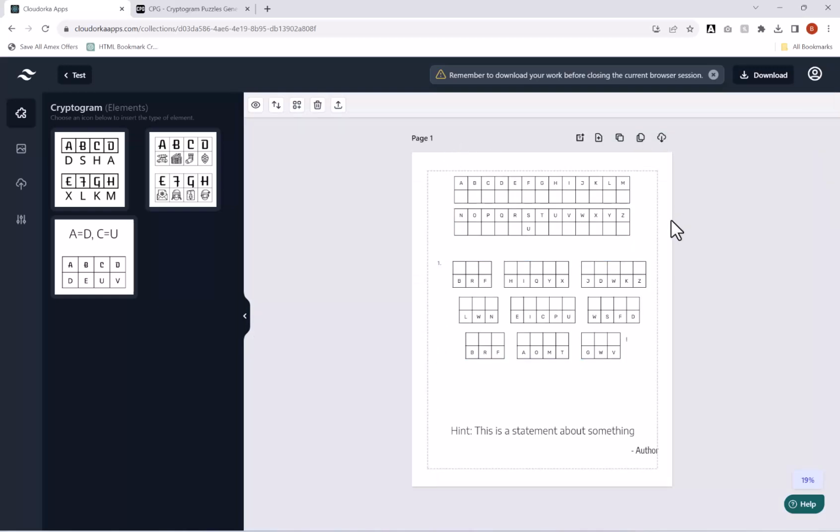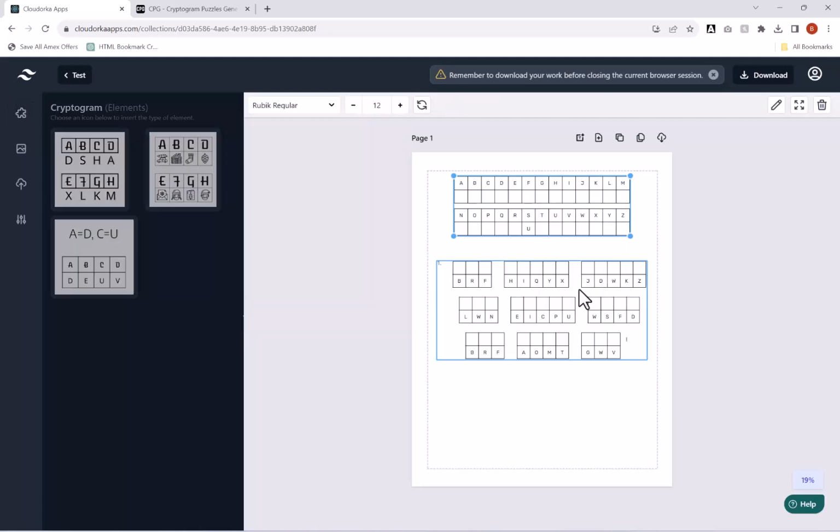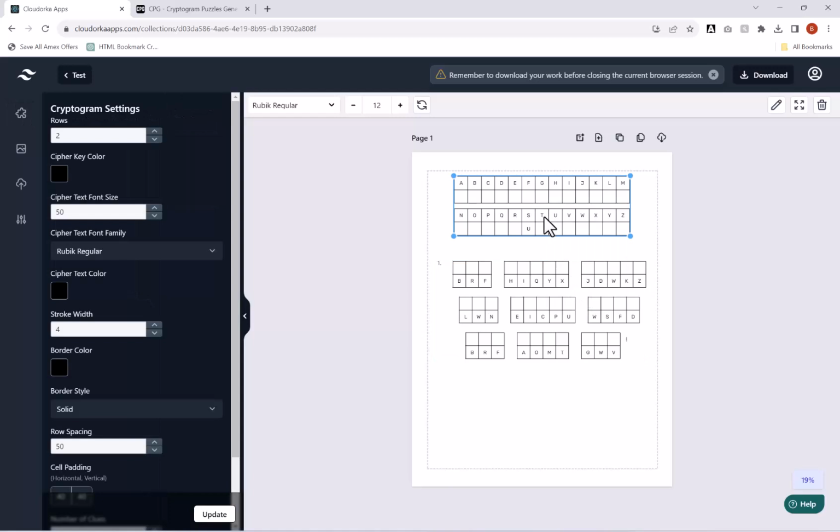And then after this, once you've got this set, you might want to add a hint for the cryptogram, add an author. Again, you can delete these or change the text if you want. Like that, or if you don't want them, just delete like that. So now what we can do is, if we right click and open settings, we can customize both our clues